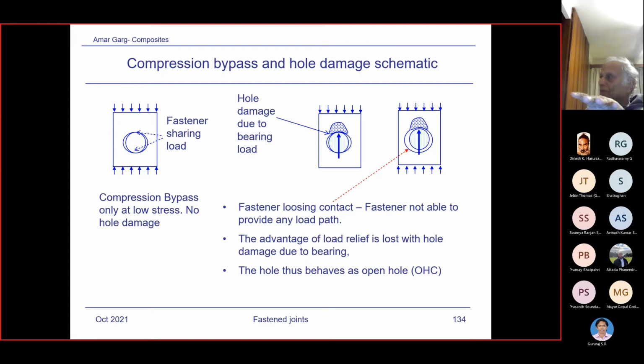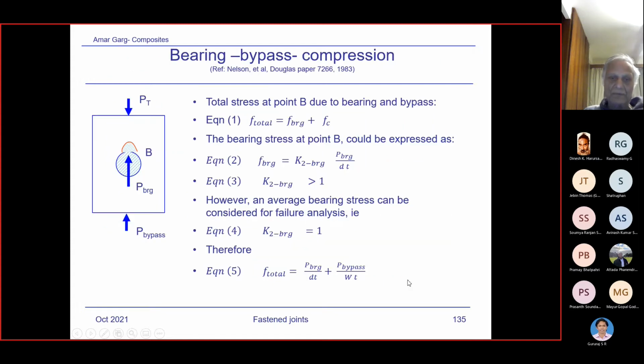And this is what we will show in the compression bearing bypass interaction. We make use of open hole compression and filled hole compression. So we are saying here, the fastener loses contact and is not able to provide any load path. The advantage of load relief is lost when hole damage due to bearing occurs, and the hole thus behaves like an open hole. And that is what I've considered over here when I'm trying to derive the bearing bypass interaction